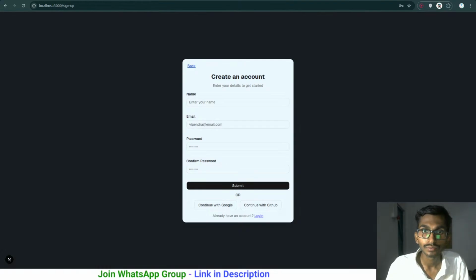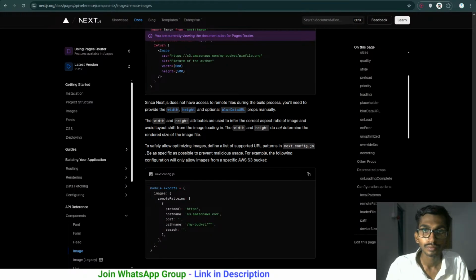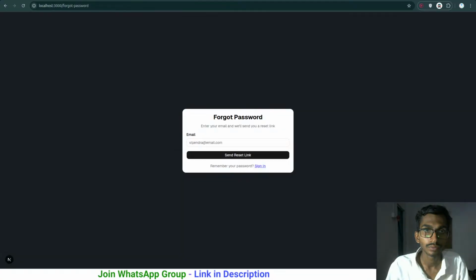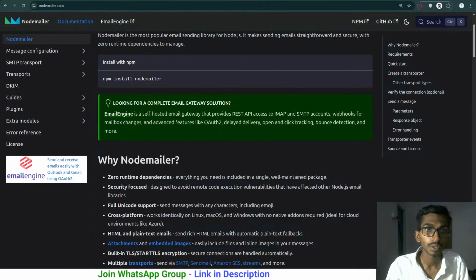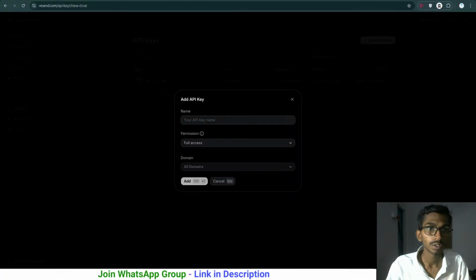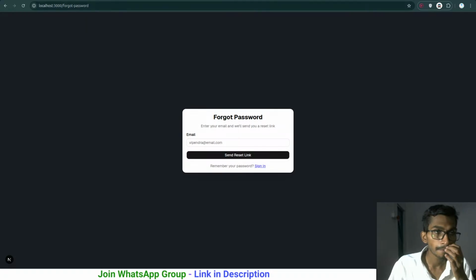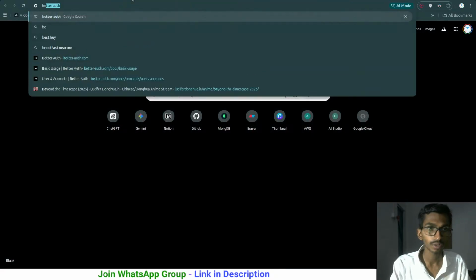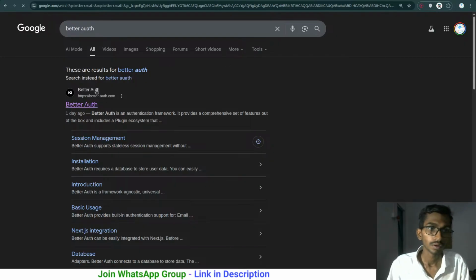Better auth. Let's close it all. I mean, there are a lot of things. I don't need Mailtrap, Nodemailer. I don't even need this right now. API key, well, this is also not needed. Okay, pretty simple. Let me go to better auth right now again. Coming back to this particular section,